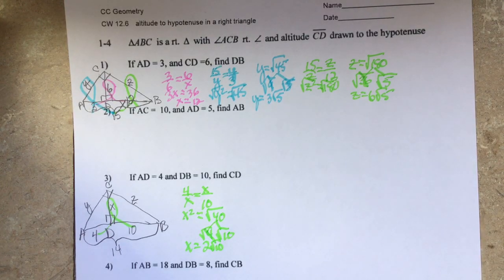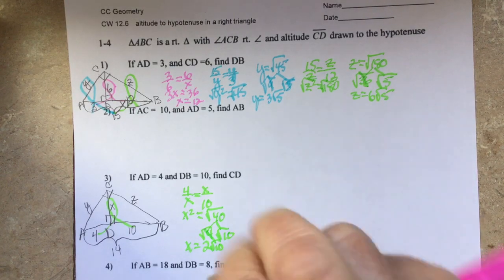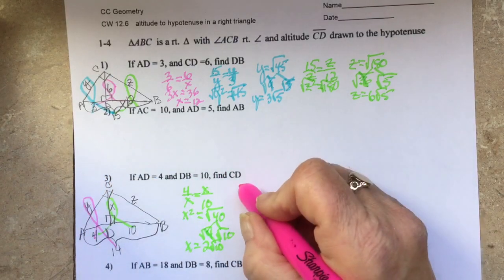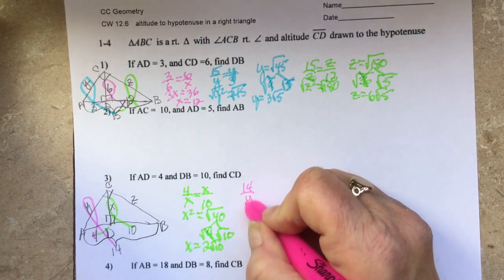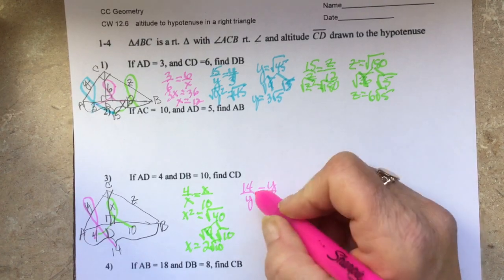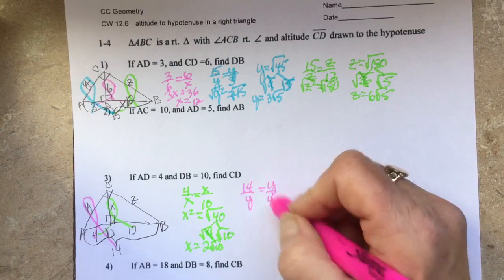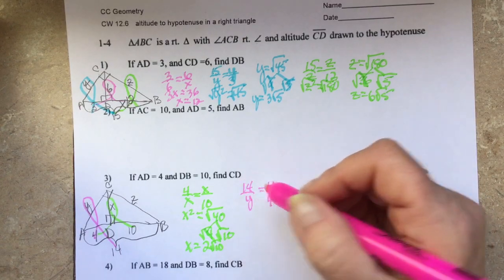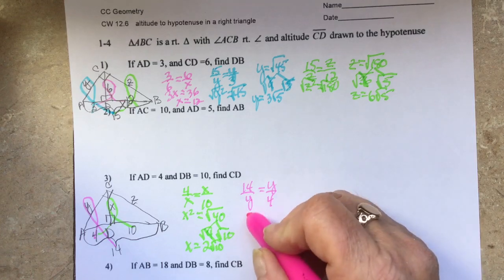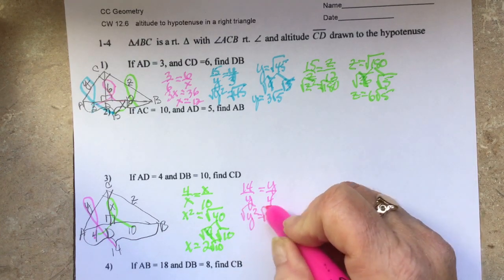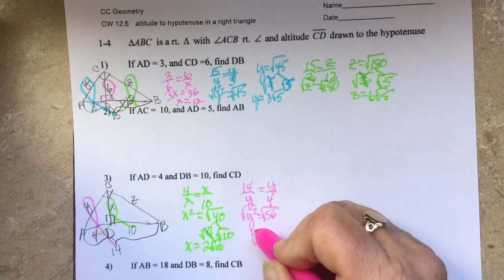Okay, let's do the left leg loop. 14 is to Y, as Y is to 4. So if you want to do this in your head, double double. Okay, so double the 14, 28, double the 28, 56. So Y squared equals 56. Square root on both sides. So Y equals,